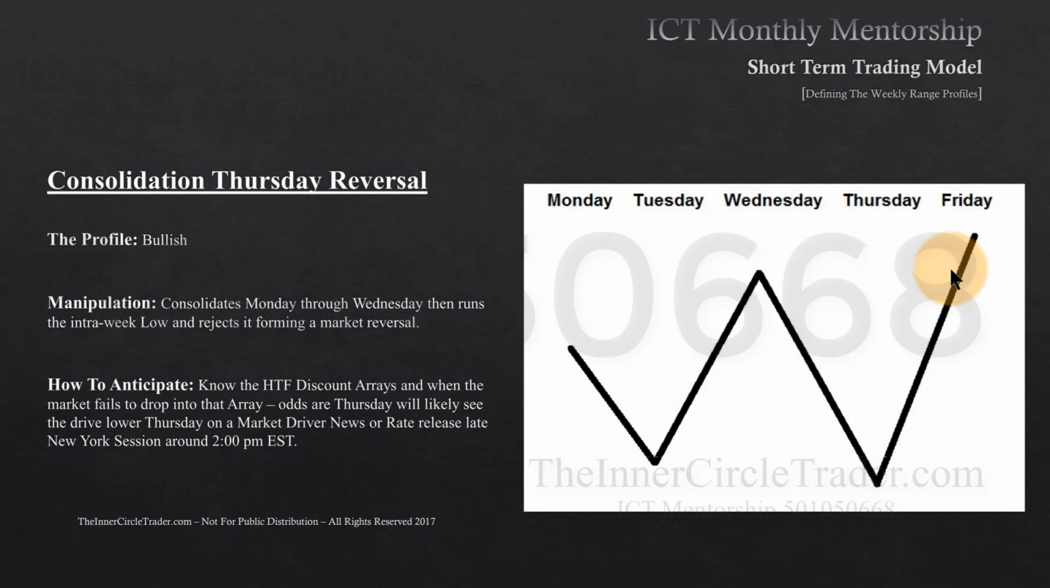And as this slide says in that month's teaching, know the higher time frame discount arrays, which I walked you through today. I also pointed them out on Wednesday's video. And when the market fails to drop into that array, odds are Thursday will likely see the drive lower Thursday on a market driver news or rate release late New York session around 2 p.m. Eastern Standard Time. Now this profile really works well with FOMC related ideas,